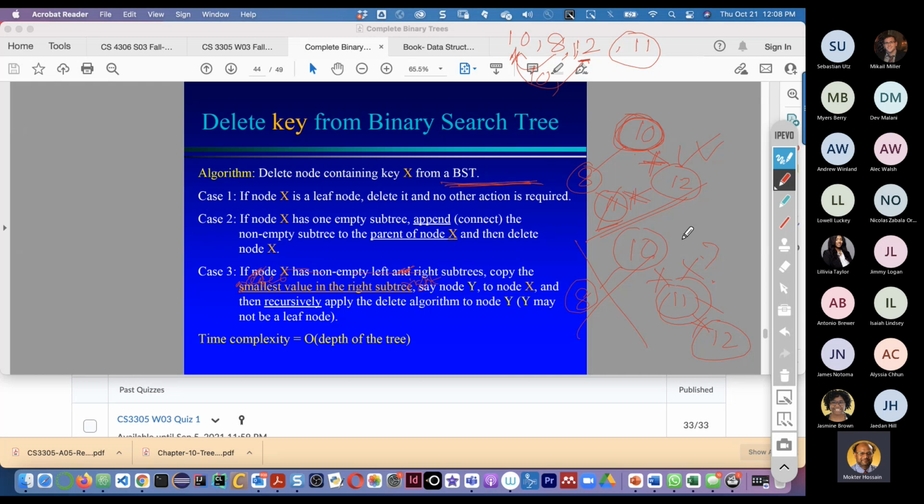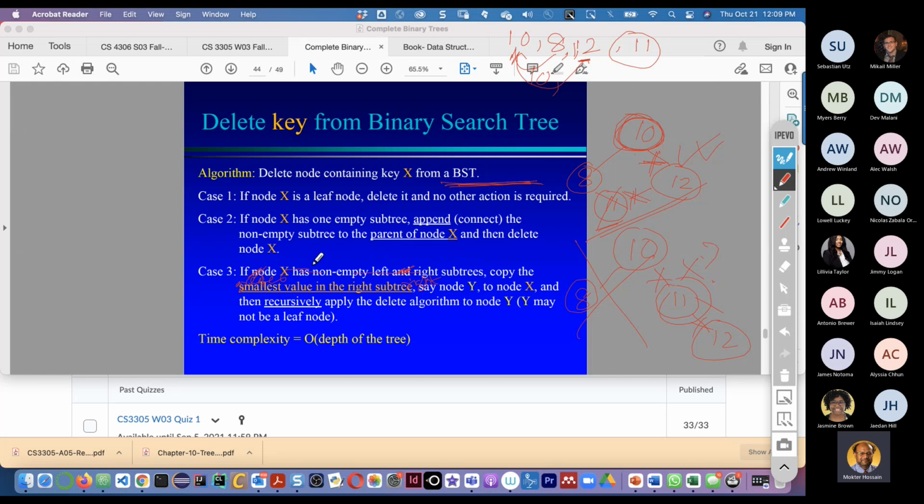So deleting is a little bit concerning. For instance, if X has one empty subtree, then connect the non-empty subtree to the parent node and then delete the node.